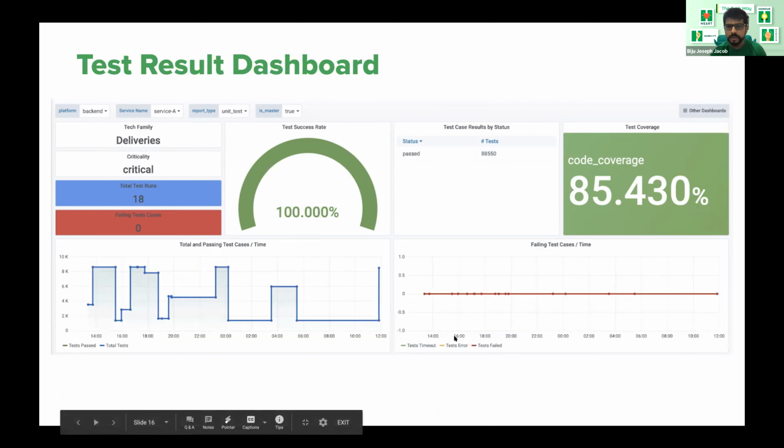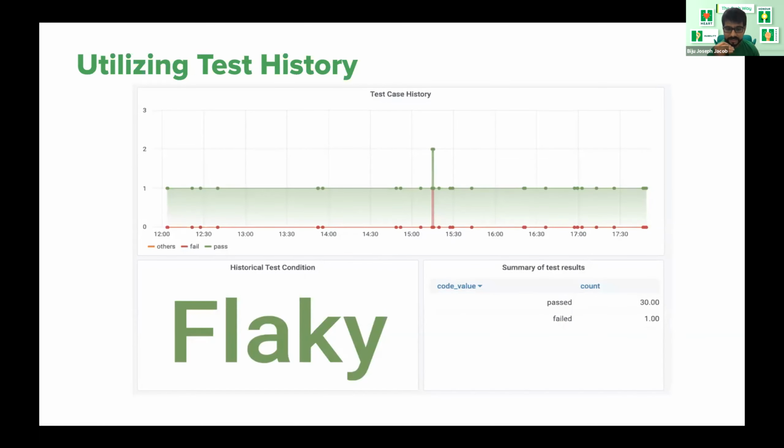More importantly, though, I can go back into every single test case and see whether it passed or failed historically. In this case, you can see the test ran 31 times and happened to fail once at about 3:20 p.m.-ish that afternoon, which makes the system realize that this is actually a flaky test.